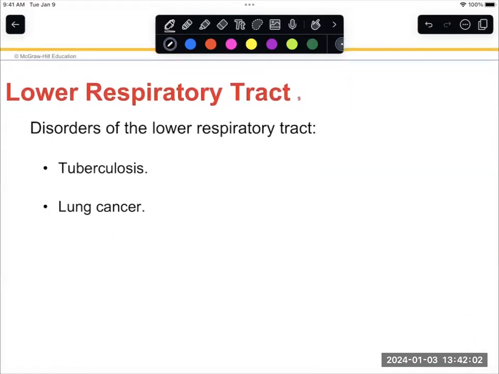Tuberculosis. This is a chronic infectious disease of the lungs, and it's kind of an opportunistic type of infection. So people who have a compromised immune system are more likely to get tuberculosis. Opportunistic types of